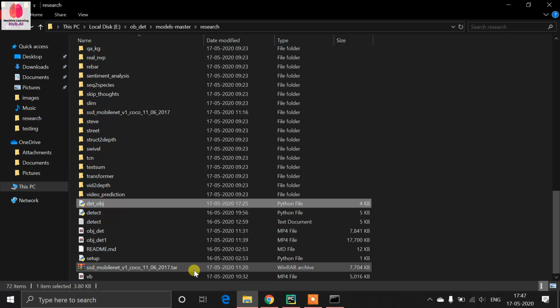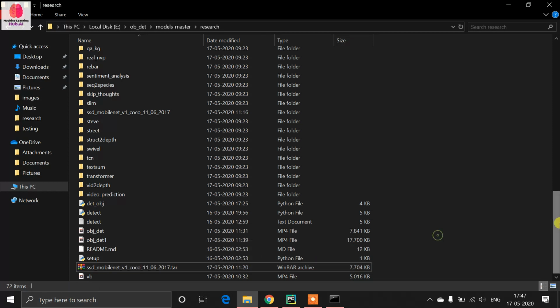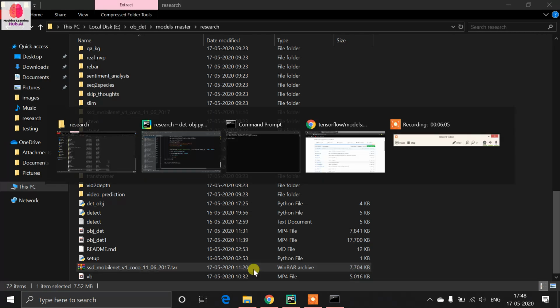Now we are running this model on our system. We did not train this model, but we are using it. This will be your model, SSD MobileNet v1 COCO. You don't need to download this model, the code will do it for us.